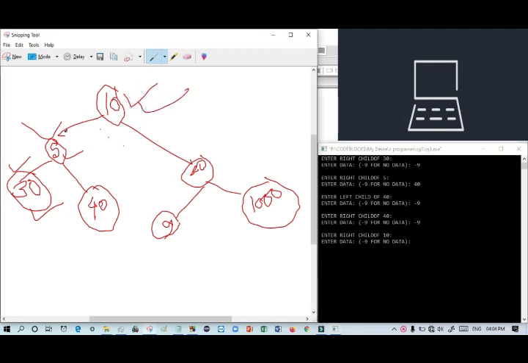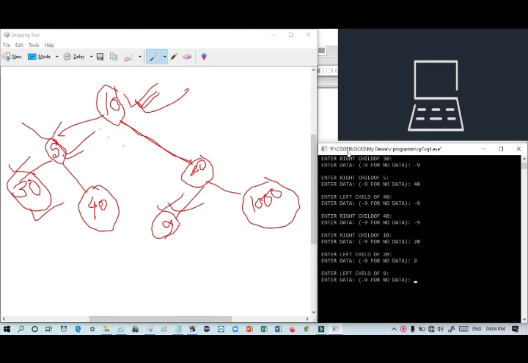Here I have already given 5, so now it asks me for the right child of 10. I want to give 20. After 20 it asks for the left child. So I want to give only 9.